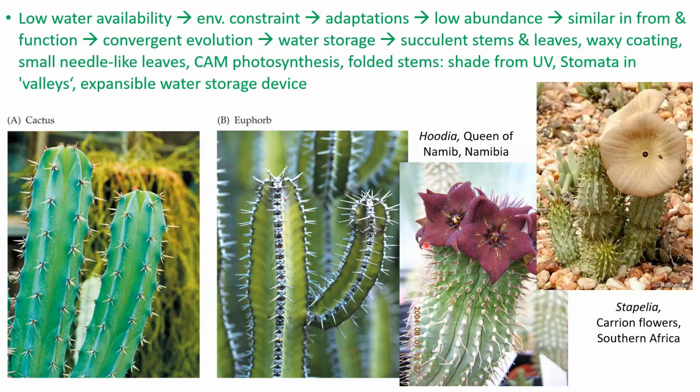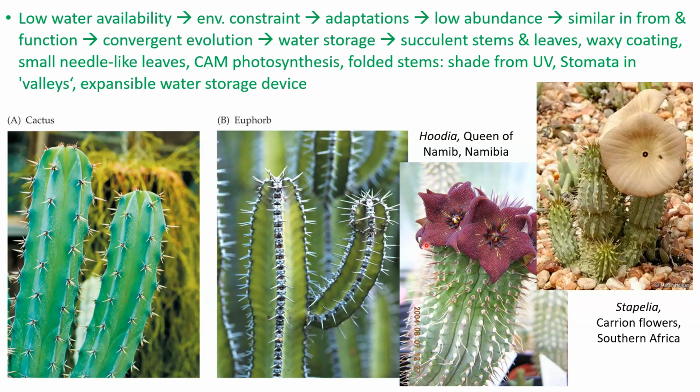Even physiologically, these plants have switched their photosynthetic mechanism from regular photosynthesis that you see in C3 or C4 to CAM photosynthesis. I'm not going to go into detail about the photosynthesis. I can, but that's something you will learn later in cell biology or in plant physiology. What happens in CAM photosynthesis simply is it helps to do photosynthesis during the night time without risking dehydration or being subjected to heat stress.